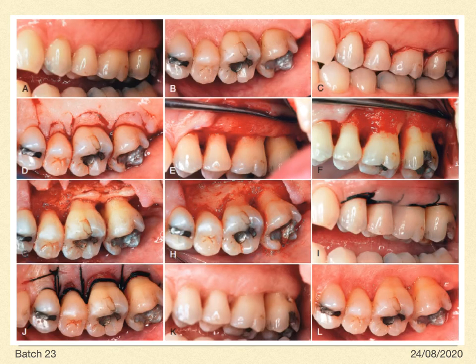So this is a picture of an undisplaced flap. You can see the internal bevel incision which is given on the palatal aspect. It is way more apical to the gingival margin. After the placement of the flap, you can see the first picture and the last picture, the difference, the amount of recession created after the surgery because of the undisplaced flap.